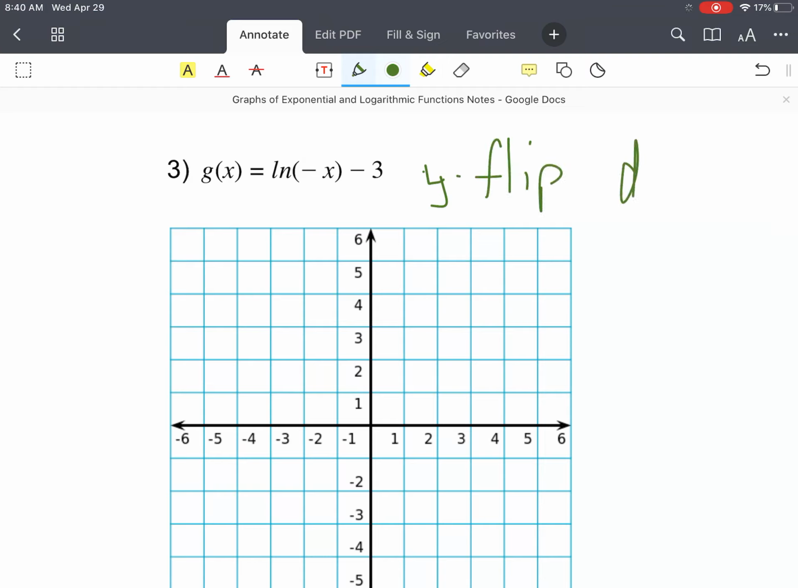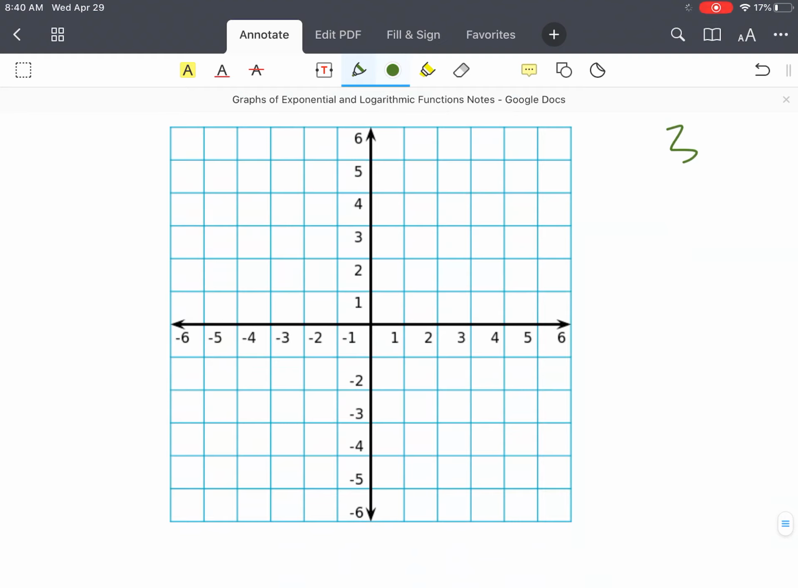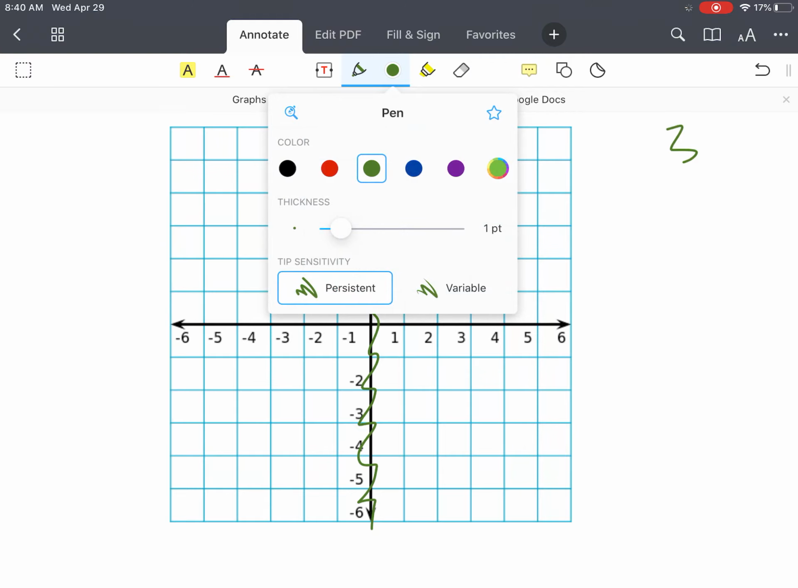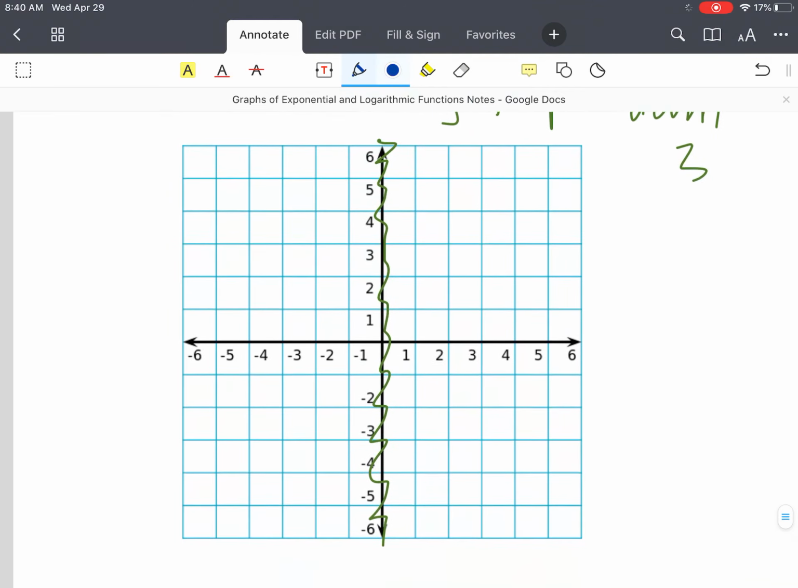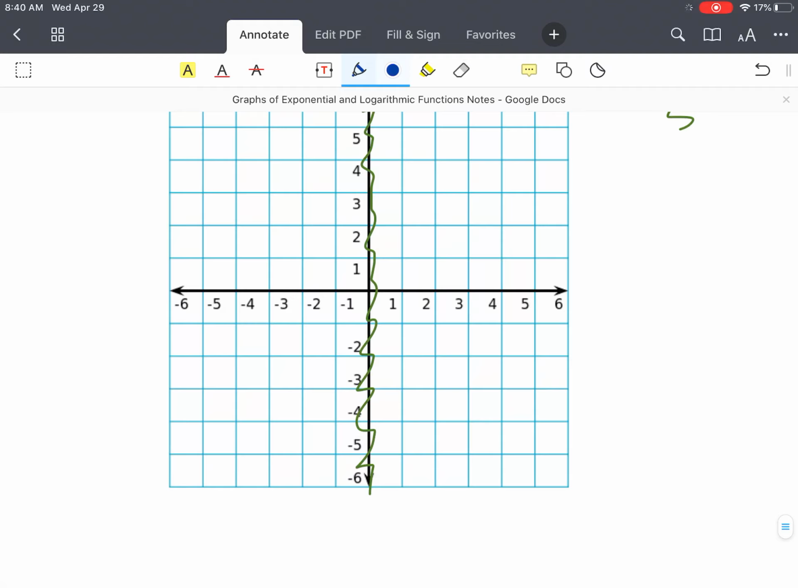Last one. So this is going to have a y flip. And it's going to go down 3. So going down 3 does not affect a vertical asymptote. It's already infinitely up and down, so it's staying right there. So this point's normally at 1, but it's got to go down 1, 2, 3. And then there's a y flip, so it's on this side. So our graph runs along here,